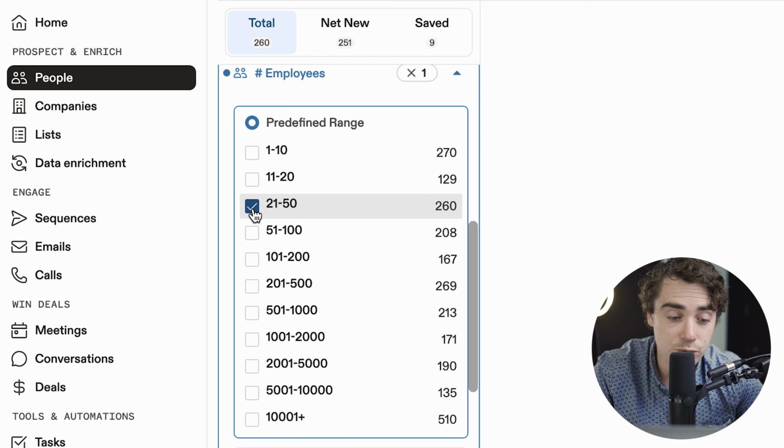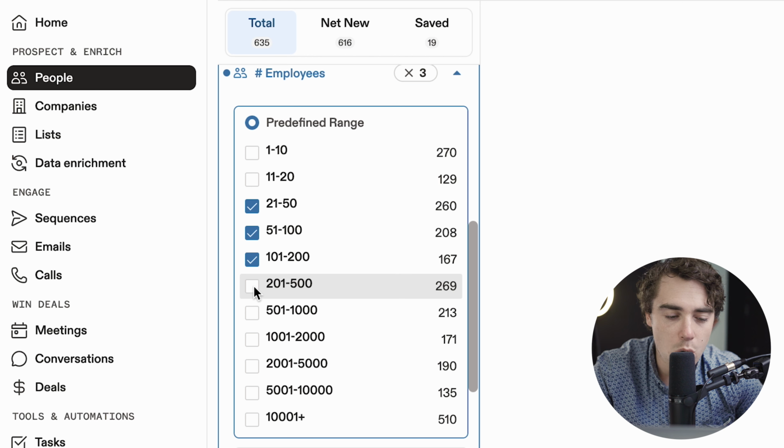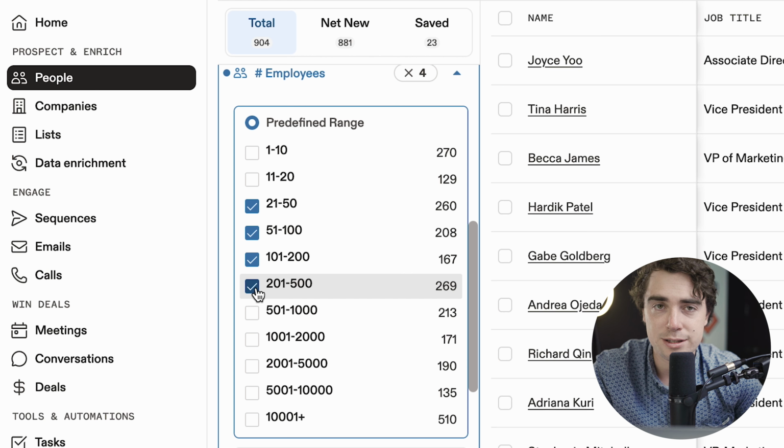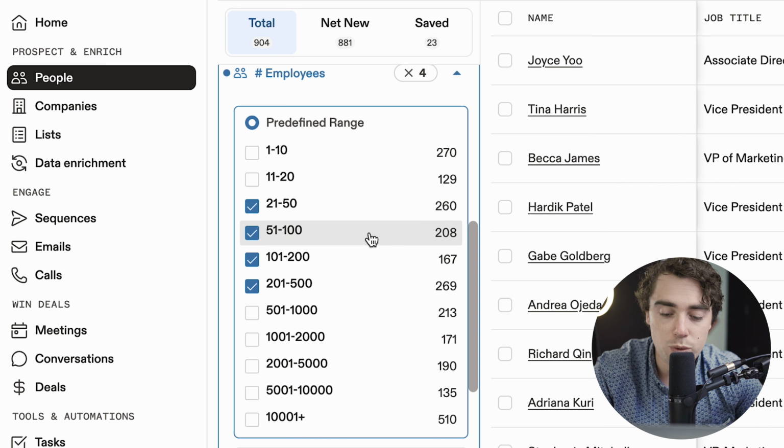So it can be 21 to 50, 51 to 100, 101 to 200, right? And let's go all the way up to 500, because when it gets over that, it's so hard to break into those companies, just because they have established relationships with different agencies that they've been working with for years. So now we have 900 people that we can actually reach out to that have worked at those companies